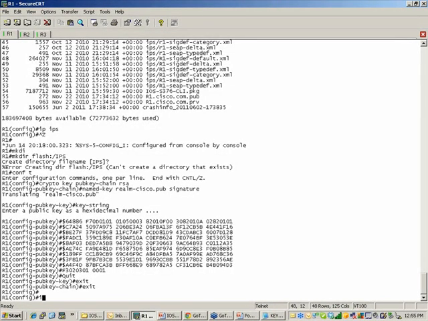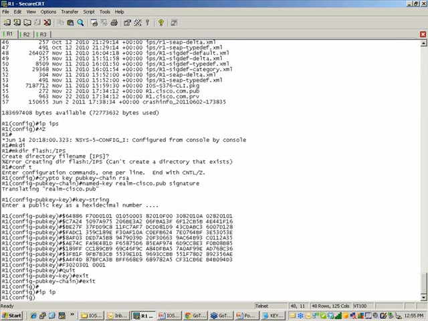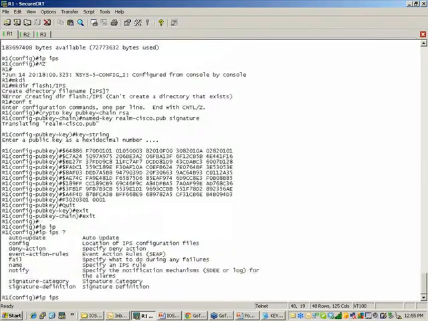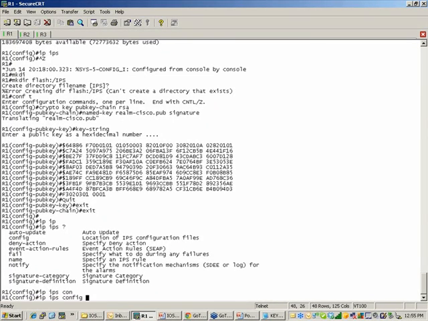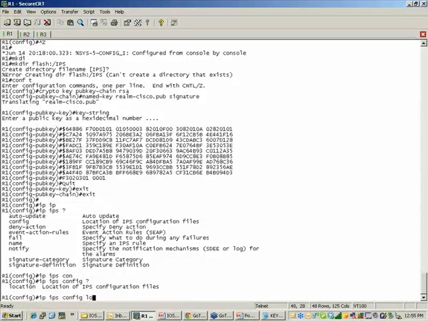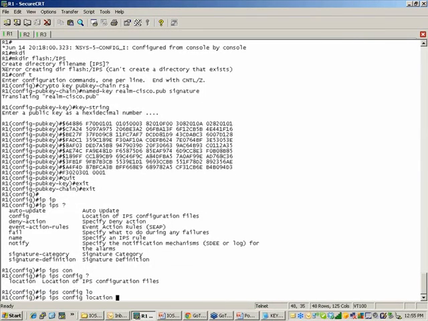Now let's go about creating the rule itself. So remember, it's ip ips. I'm just going to hit question mark real quick so you can see the arguments we can type in after that. The first thing I'm going to do is ip ips config location,